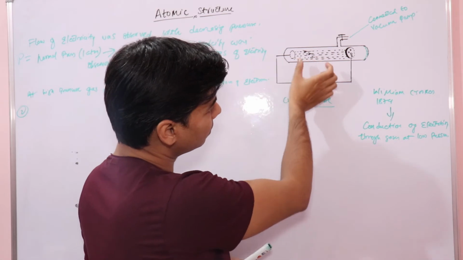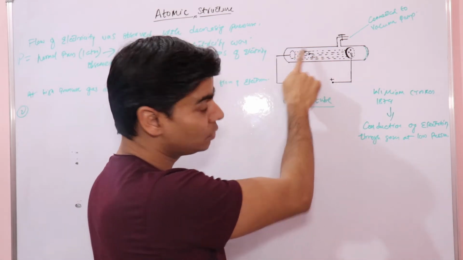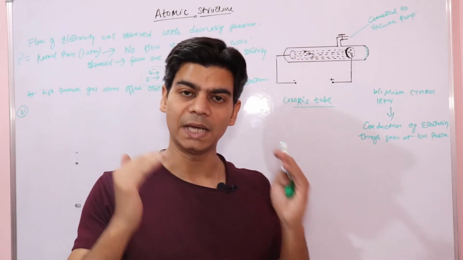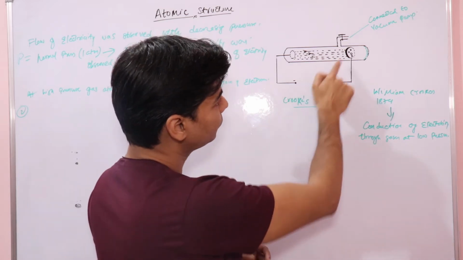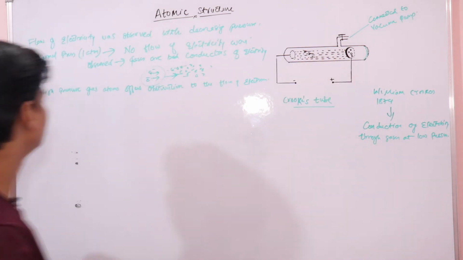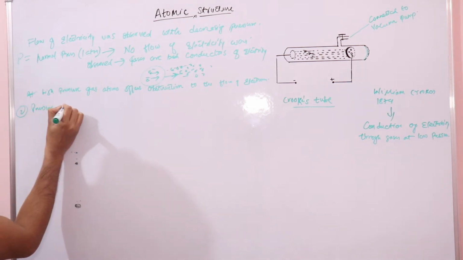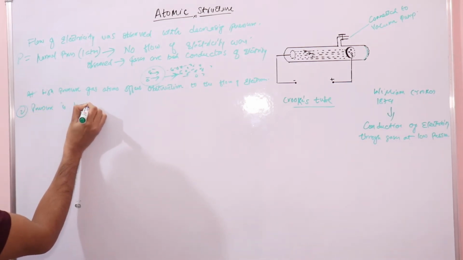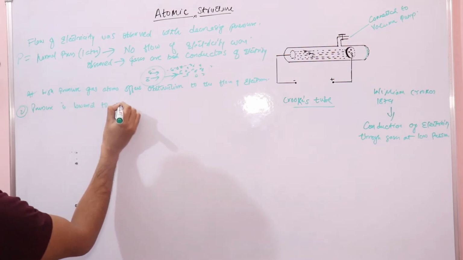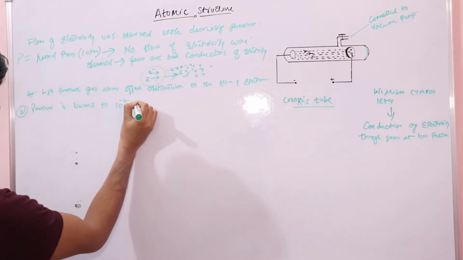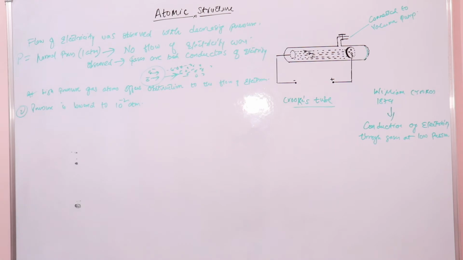When we say the pressure of the gas is reduced, what we are basically doing is just reducing the quantity of gaseous atoms inside the discharge tube. So when the pressure is lowered to 10 to the power of minus 2 atmospheres with the help of the vacuum pump which is connected to the side tube, then it was observed that